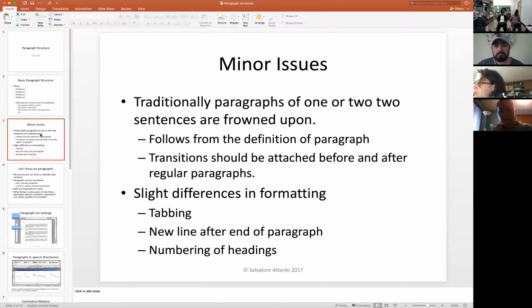You should not have a single sentence paragraph or a two-sentence paragraph, okay? Why? Well, because if you only have one sentence, you only have a thesis, right? There is no evidence provided, right? And so that's frowned upon, okay? And if you have only one sentence providing evidence, that's not enough, okay? So again, there is no strong reason, right? Because sentences are, after all, more or less arbitrary units, in terms of thoughts and in terms of ideas. So it doesn't really matter, but